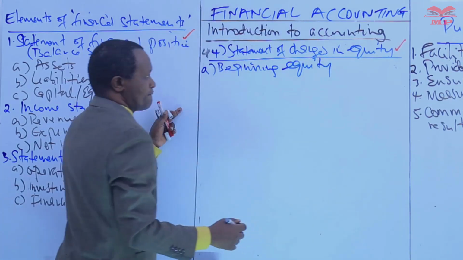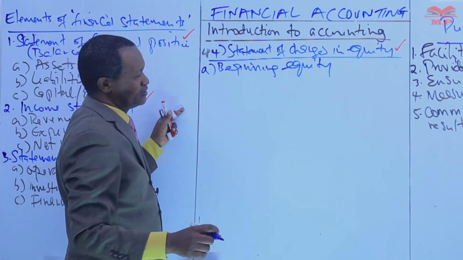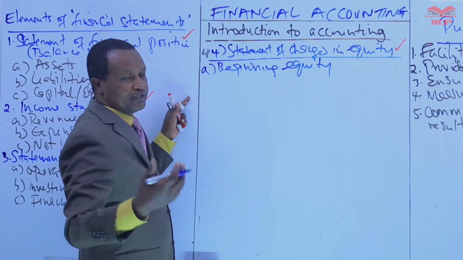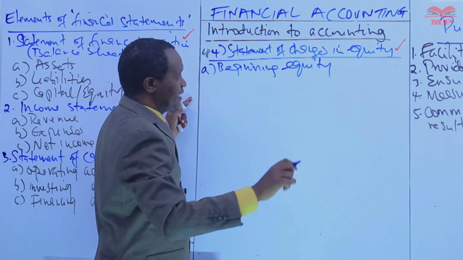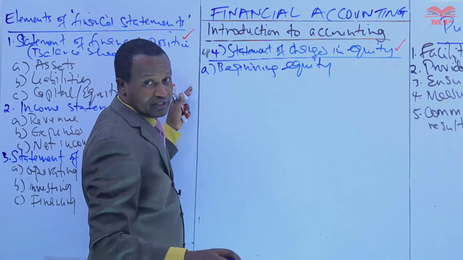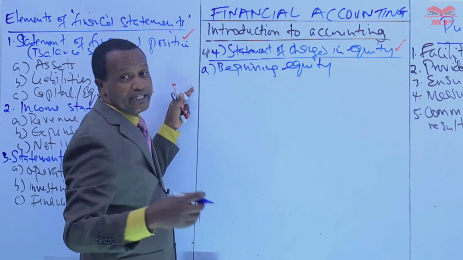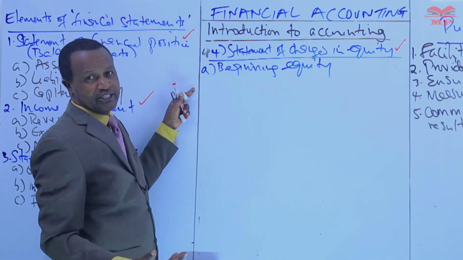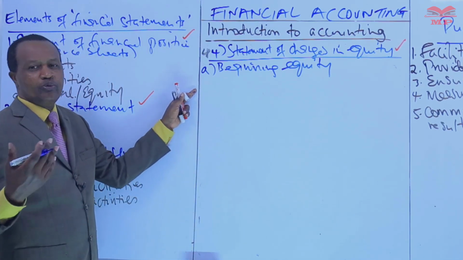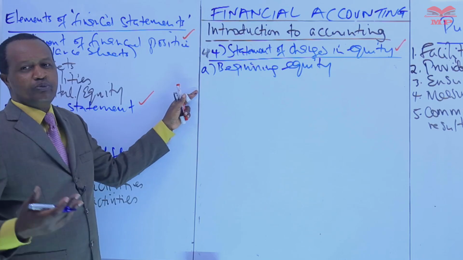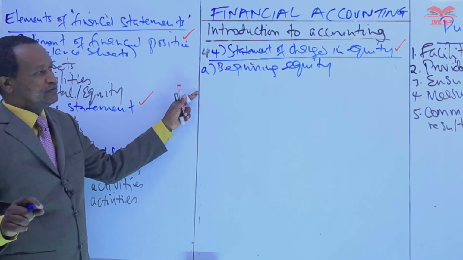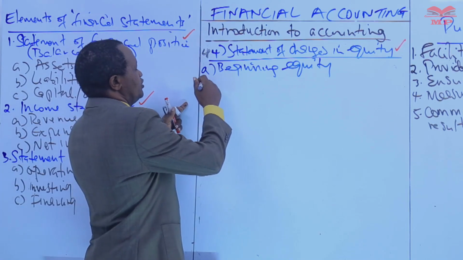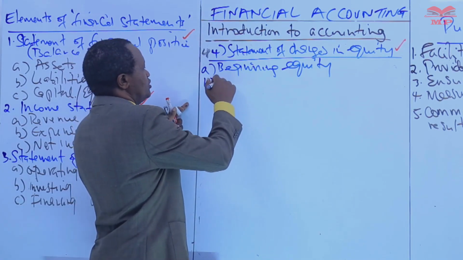The beginning equity, or the balance brought down from the previous period. The balance at the beginning of the accounting period is what we are referring to as the beginning equity. This is the equity balance at the start of the reporting period. Then you'll have, 2, the net